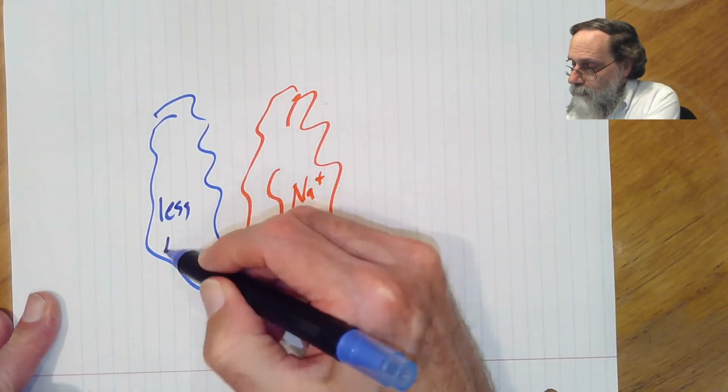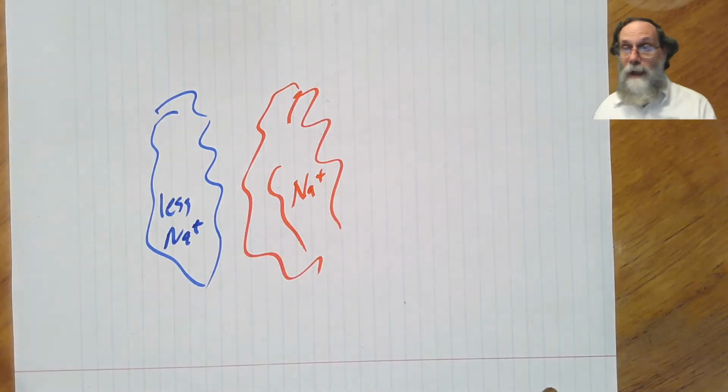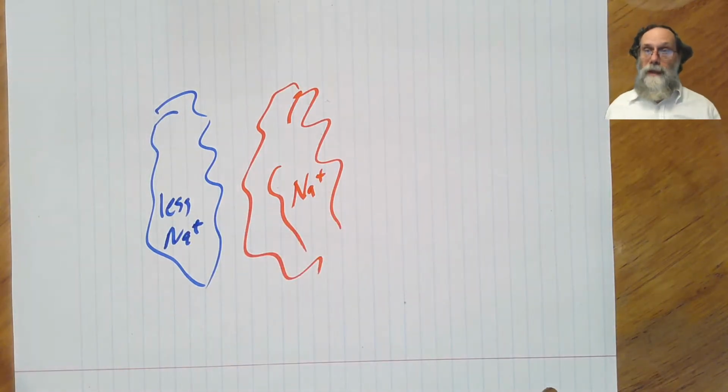But when the cell depolarizes, we get less sodium outside the cell. Sodium goes into the cells. And so if we've got a region where depolarization has happened, there's less positive charge outside the cell than in a region where the depolarization hasn't happened yet. Now, if the whole heart depolarized all at once and the thing just went boom, then there wouldn't be much signal for us to look at.